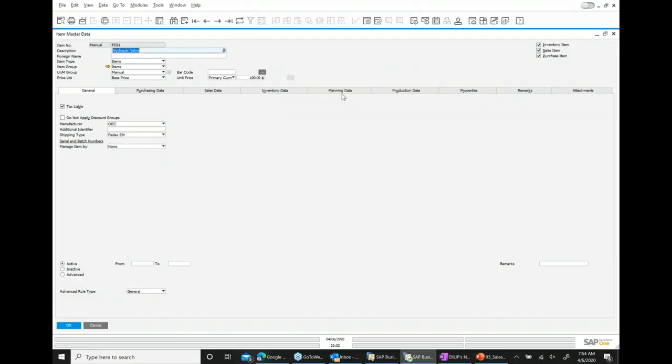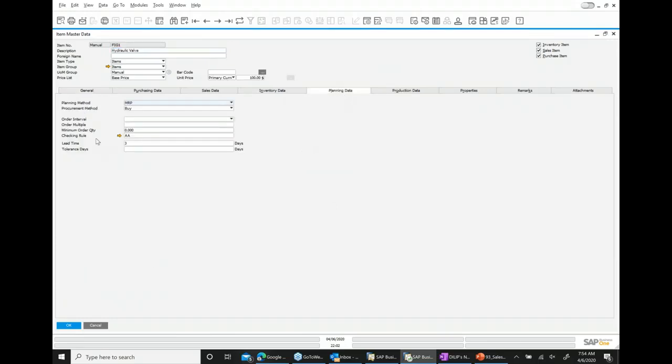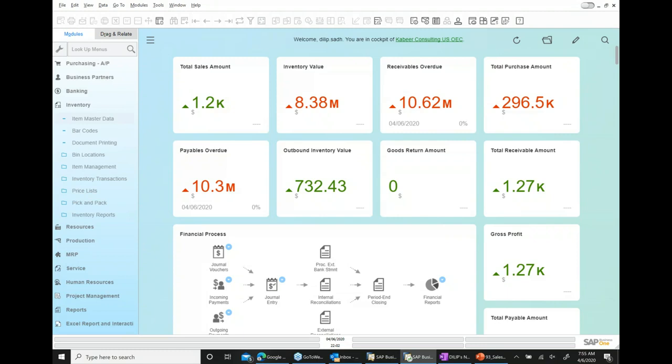And the second part is, if you go to planning data here, in this planning data you can also define the checking rule. AA is the default checking rule that you can assign at item level, and you can also assign it at item group level. If you assign at the item group level, by default it comes to the item, because all items belonging to that group get automatically assigned. So that is the configuration of this checking rule, checking group. All this configuration which we discussed is only there in